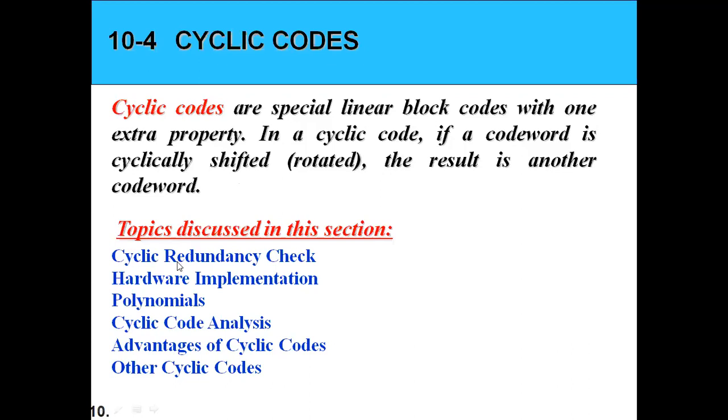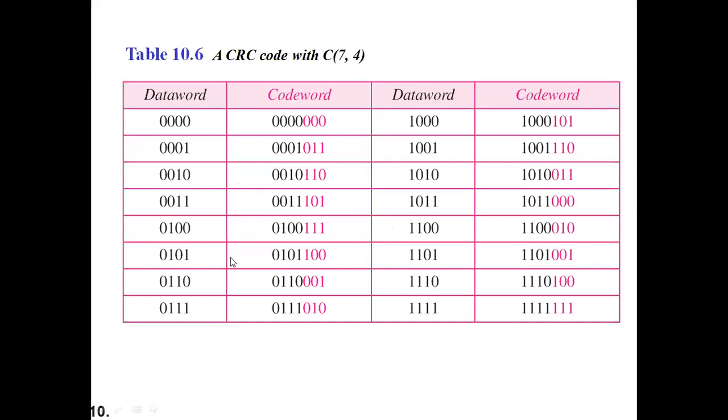The main topic we need to discuss is the cyclic redundancy check, and how the CRC works. These are samples of how we form code words with respect to the CRC. If your data is 4 bits, then we add a 3-bit remainder to make the code word. The last 3 bits, in pink, are the remainder. When we perform the division operation, we get a remainder that is added to the data word, and then the code word is formed. It may not be clear right now, but it will become clear with an example.